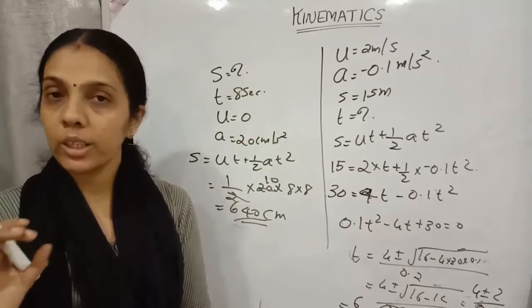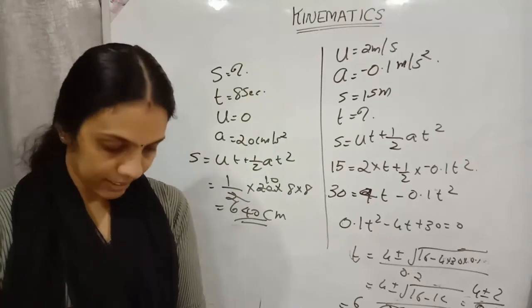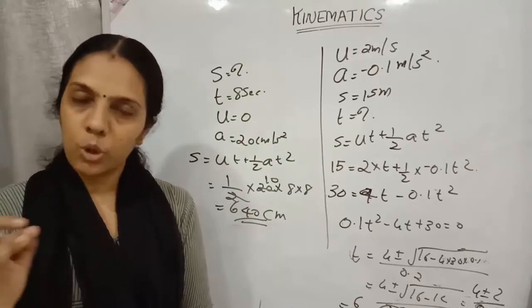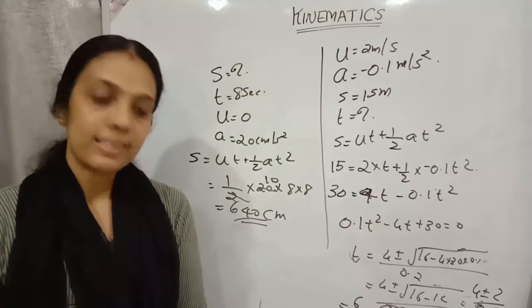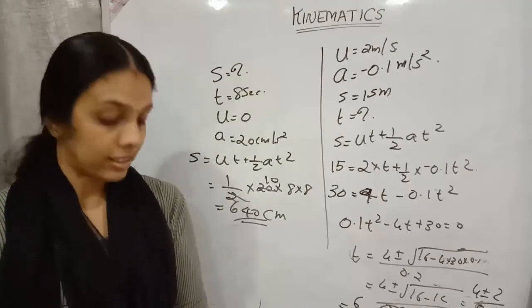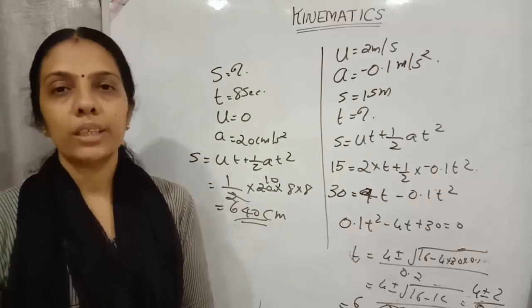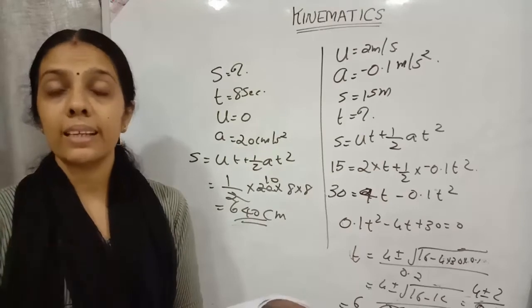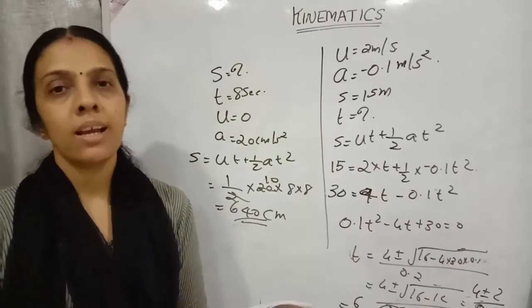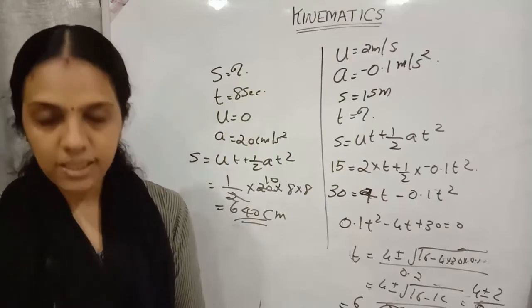There is only constant speed, acceleration is not there. Initially acceleration is there, then constant speed, then it decelerates with 4 meter per second square till it stops. What is the distance? So you can consider this as 3 cases, find out the displacement for each and then add them. Distance covered is asked, not displacement.